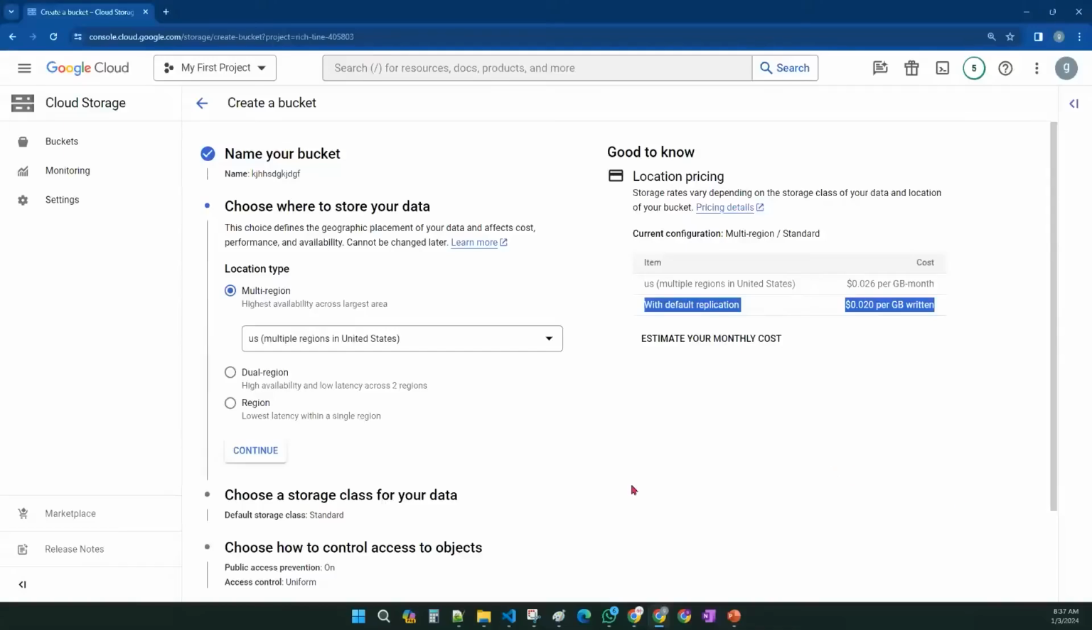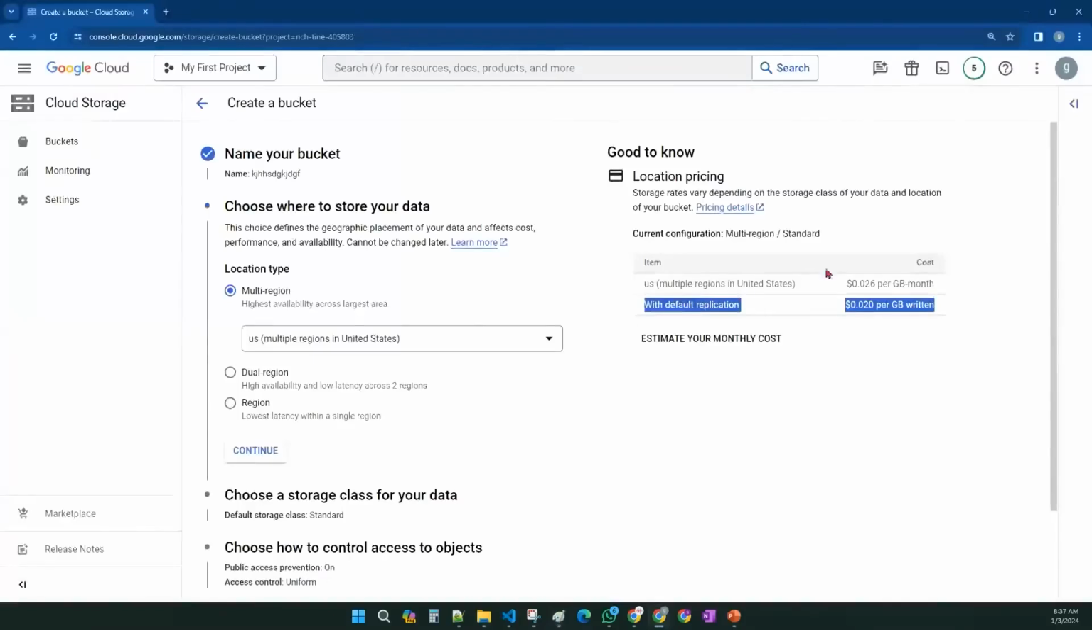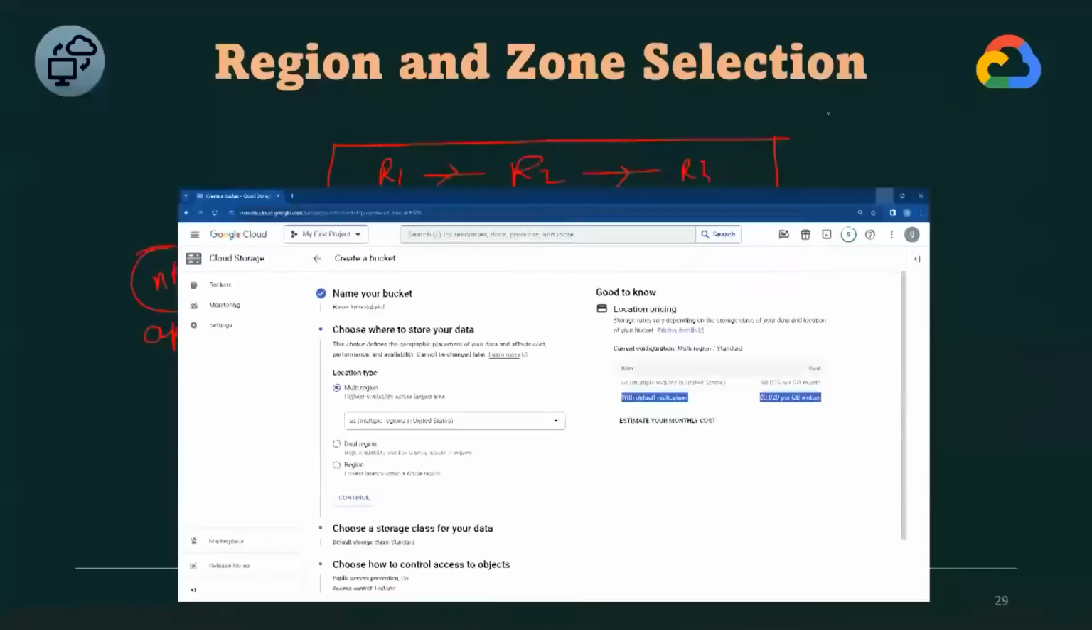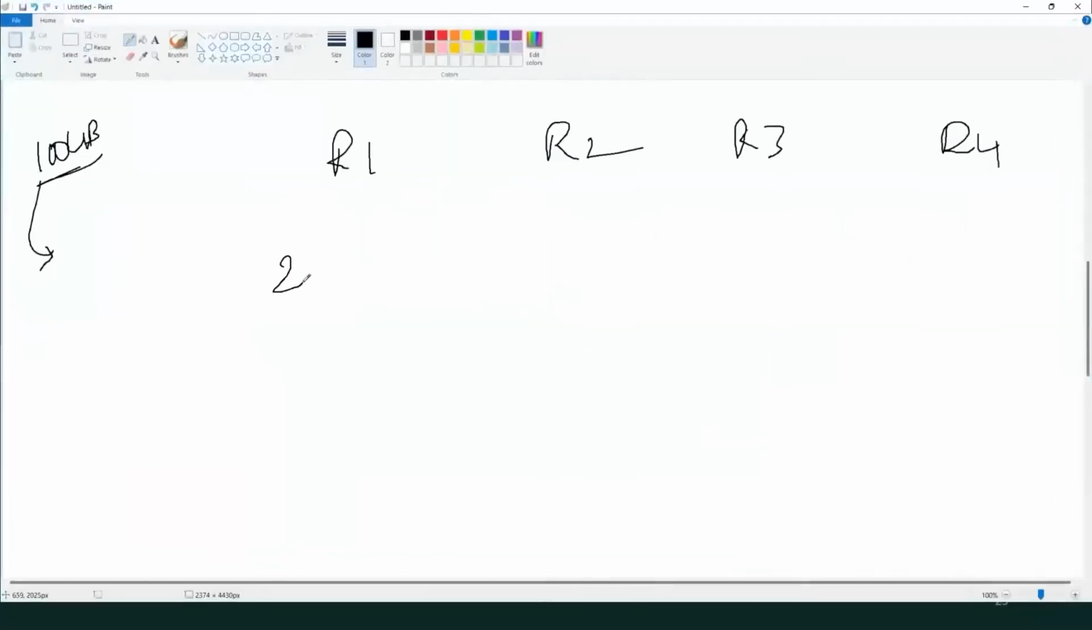So if you had to do it manually, what would you be doing? If you are doing it manually, for example, you have 100 GB. Here region 1, region 2, region 3, region 4. For the 100 GB, it is 0.026 per region. That means 100 GB is around $2.6. That means $2.6 here, $2.6 here, $2.6 here, $2.6. If you select a single region each time and store your data, this is how you have to